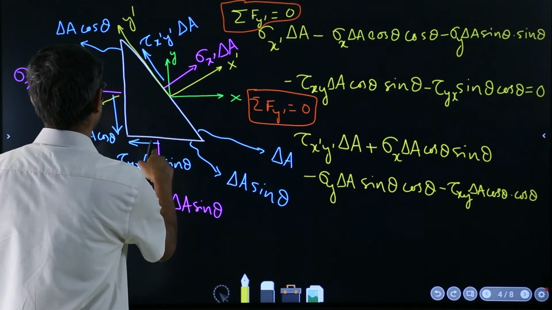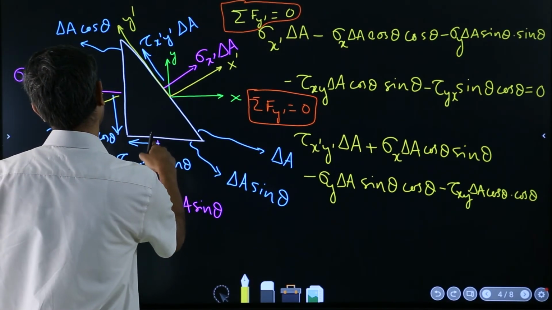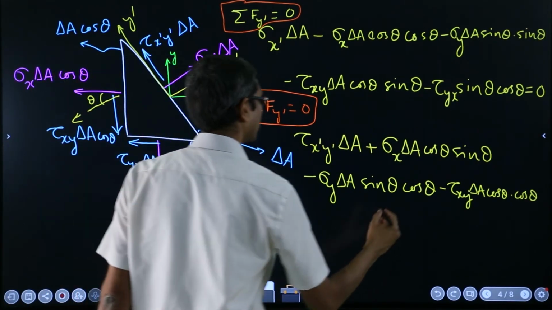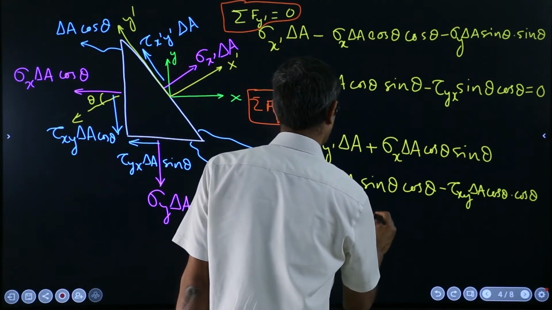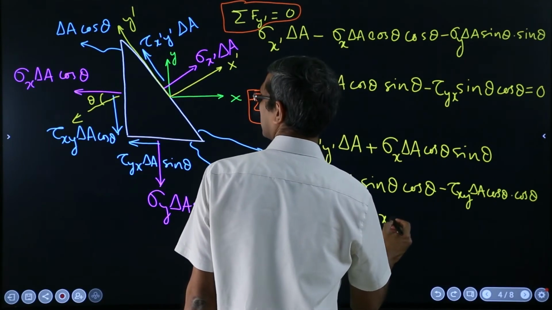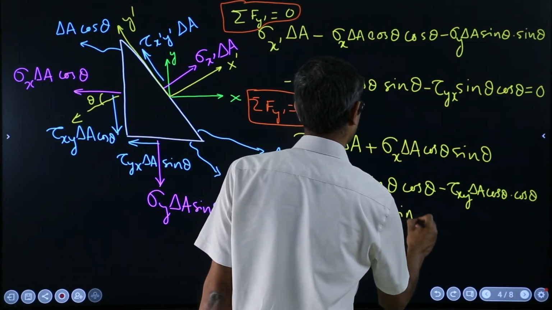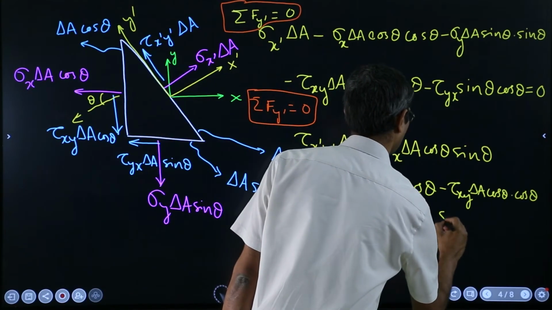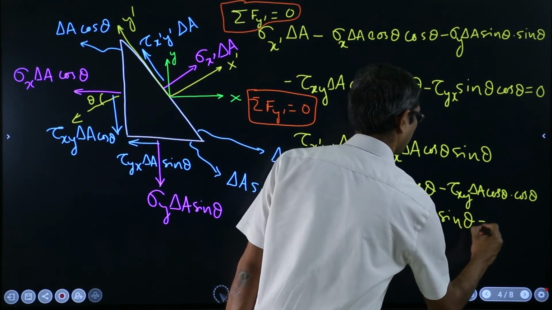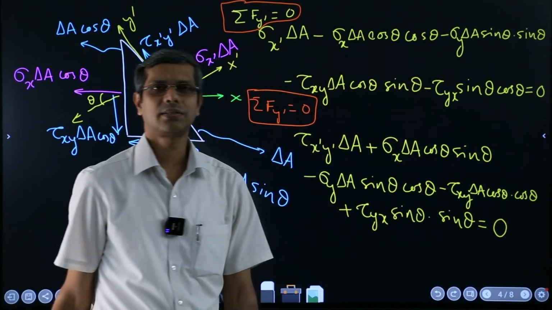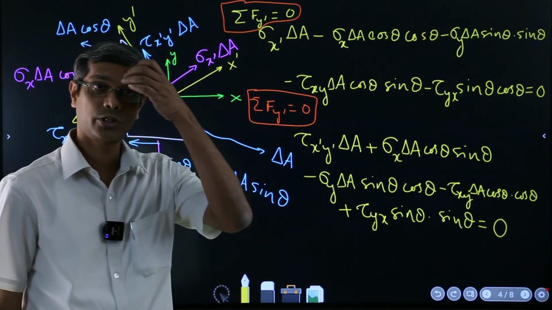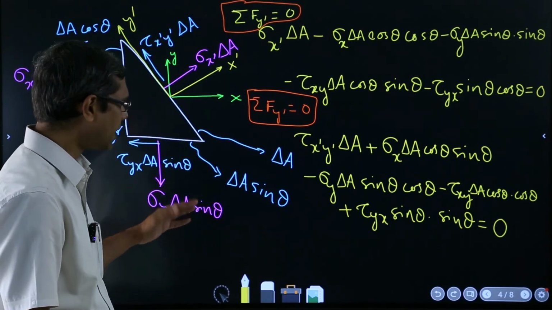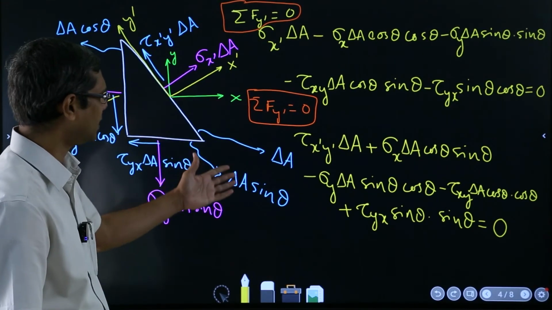So this one will have a component, right? So this one will be plus tau yx sine theta and its sine theta component, equal to 0. So these are the two equations which you require to figure out the relationship, and along with this you